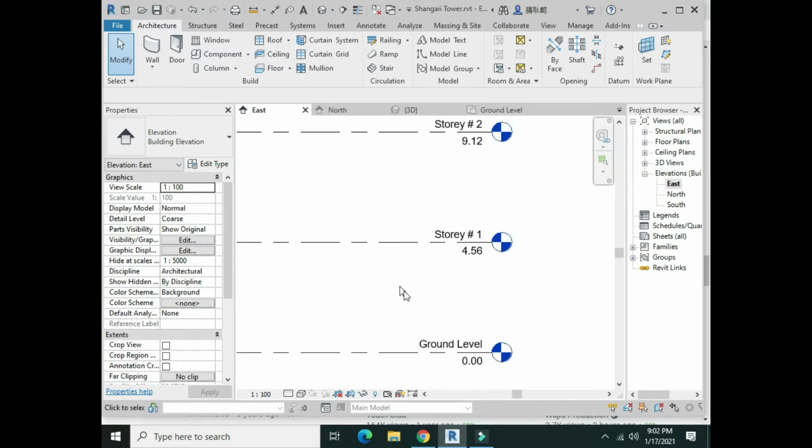Here we can see that 4.56 meters is the inter-story distance I provided. Where did this distance come from? It is the 583.6 meter height divided by 128 stories, which gives the 4.56 meters I took as the inter-story distance. But again, this cannot be an actual height value. It is derived from the heights given on the internet.